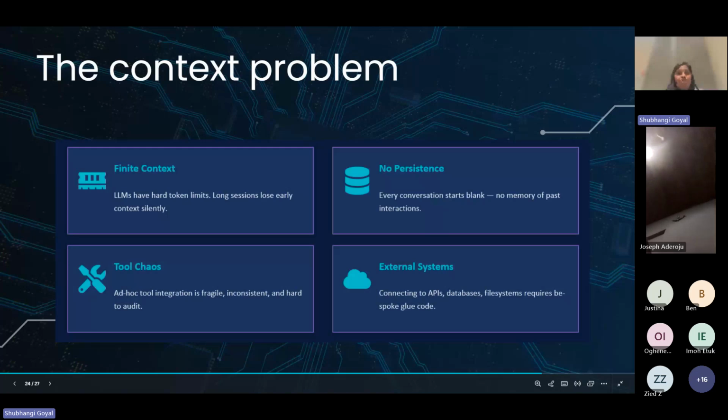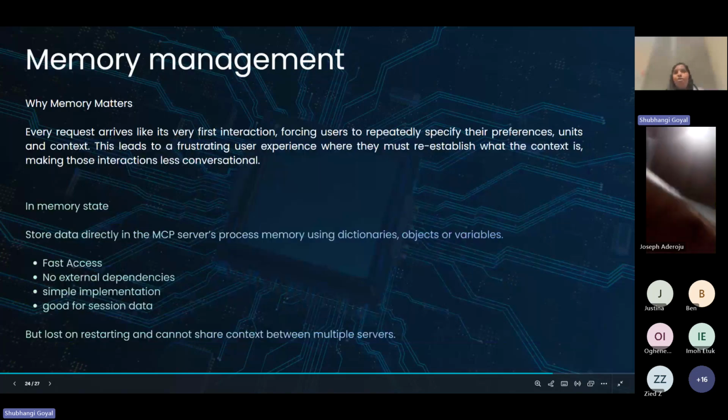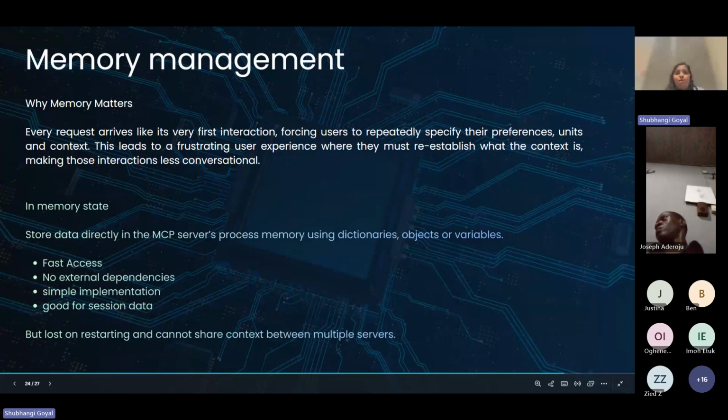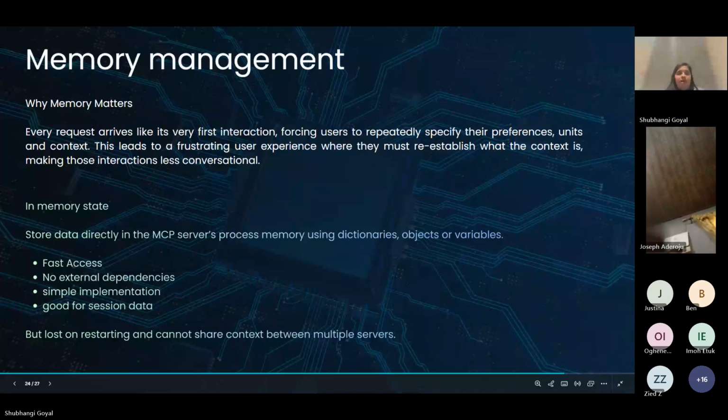Then some last bits about memory management. If you think about context, it's also important to think about memory, because without memory, your application, your agent, or whatever solution you're building cannot remember anything. Whenever you have the first interaction, it stores that this user has asked me about this thing before.